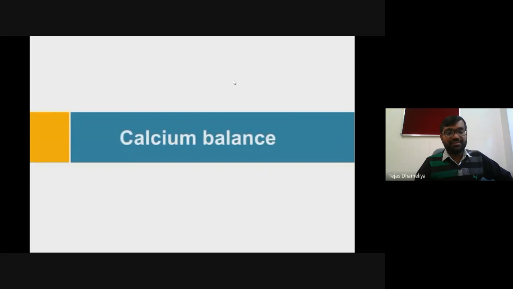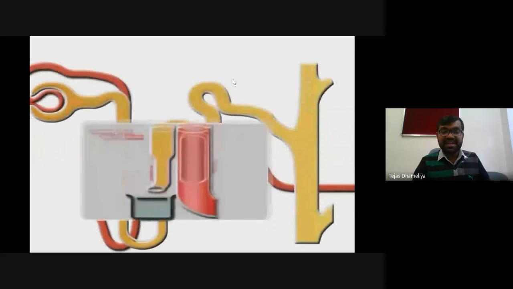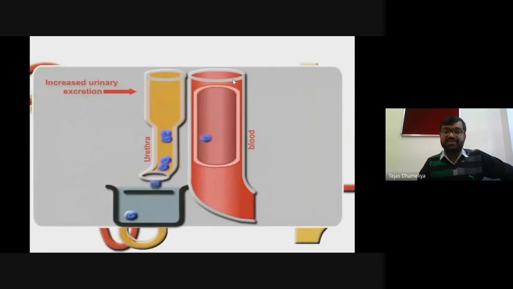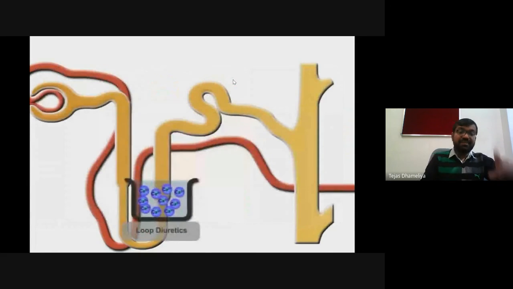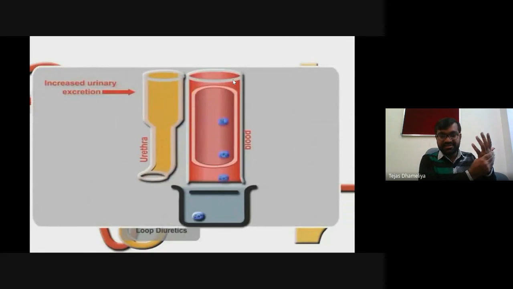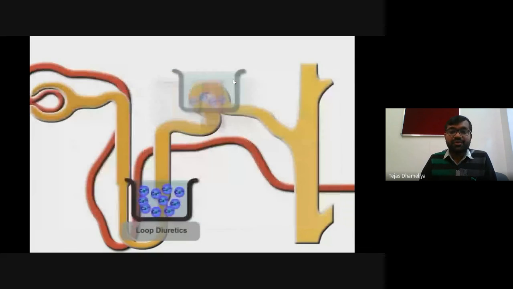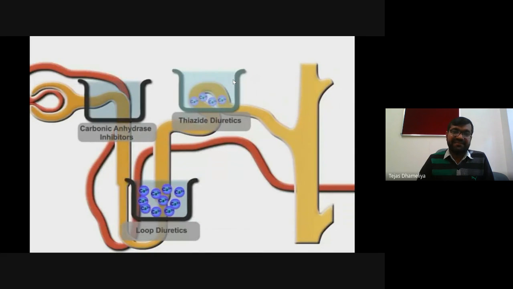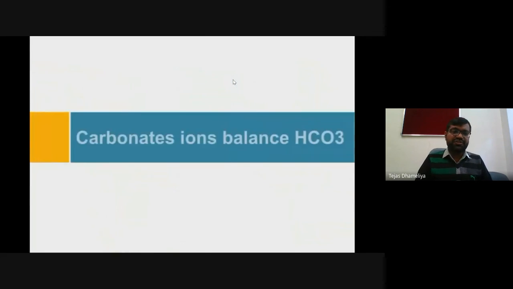Calcium balance is also important. So sometimes if we do not manage the diuretics and their dose, it can cause hypercalcemia, hypocalcemia. इसलिए the patients who are having osteoporosis, bone-related disorders, these people need to take more care. Okay, so we have to keep this in mind. Loop diuretics can cause excretion of calcium ion, potassium ion, as well as sodium ions.